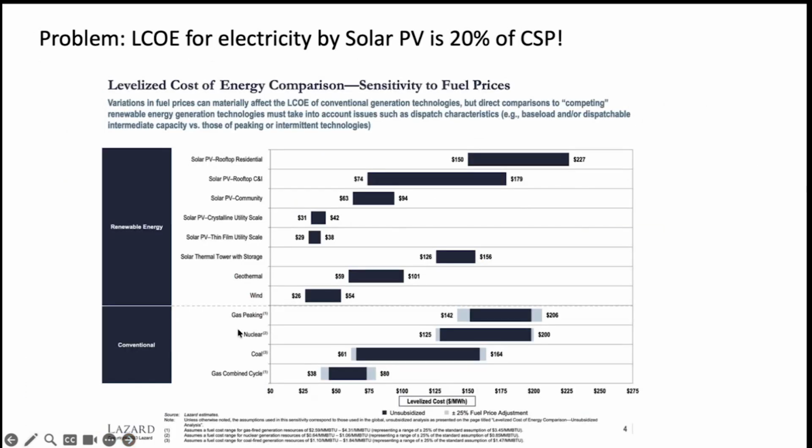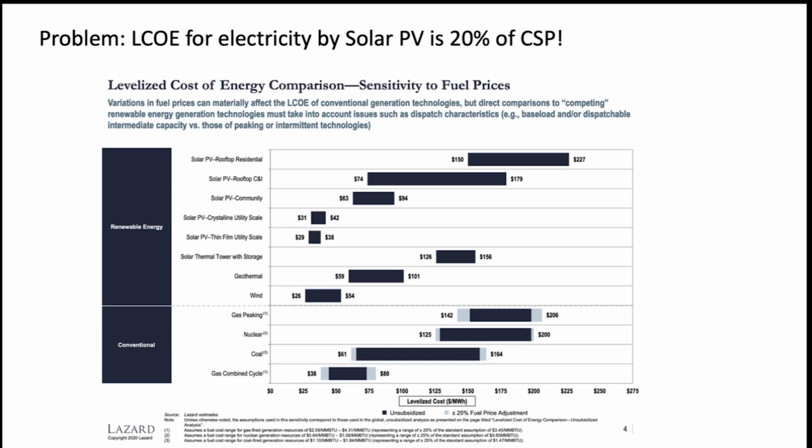So the problem is the levelized cost of electricity for solar photovoltaics is 20% that of CSP. This is from Lazard, their most recent. So here's where we are. Obviously any company in its right mind is going to be opting for these kinds of things. Now, this is called conventional. This is called renewable. Now, geothermal is dispatchable, and in a lot of ways, the big concern is the mix